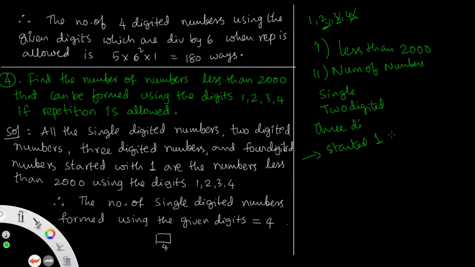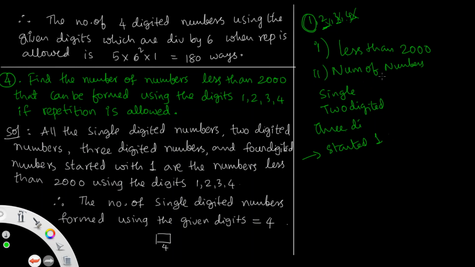If you take 2000, the remaining terms will be more than 2000, you get 2000 plus numbers. So you should not apply 2, 3, 4 in the first thousands place. That is why you can apply using 1. So that is started with 1. So these are the cases. The first case is less than 2000, which means we have to start with 1.